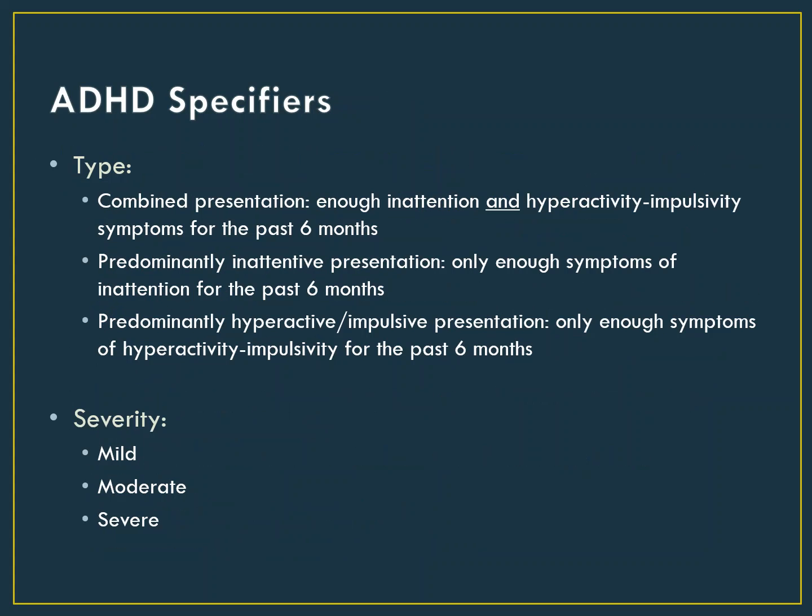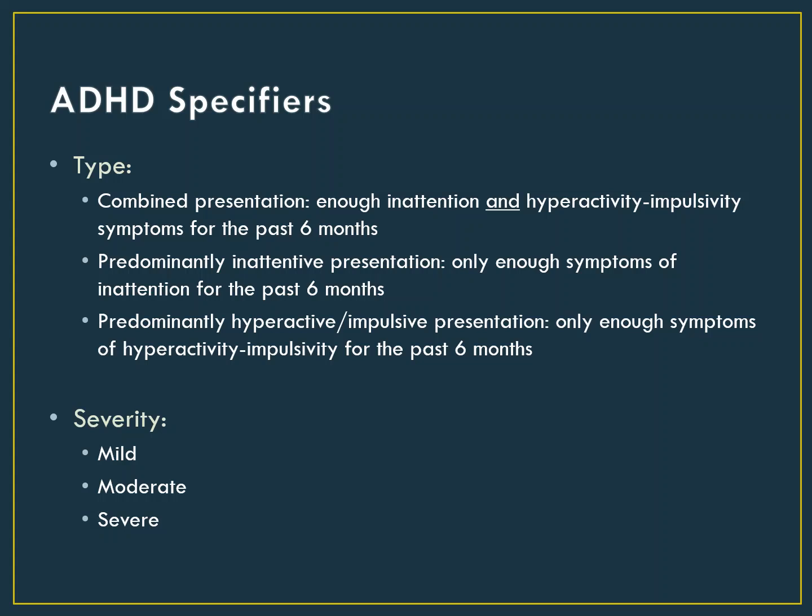ADHD is diagnosed with one of 3 subtypes, depending on the specific symptoms the person displays. If a kid has 6 or more inattentive symptoms and fewer than 6 hyperactive impulsive symptoms, he would be diagnosed with ADHD predominantly inattentive presentation. If a kid has 6 or more hyperactive impulsive symptoms and fewer than 6 inattentive symptoms, he would be diagnosed with ADHD predominantly hyperactive impulsive presentation. If he has 6 or more inattentive symptoms and 6 or more hyperactive impulsive symptoms, he would be diagnosed with